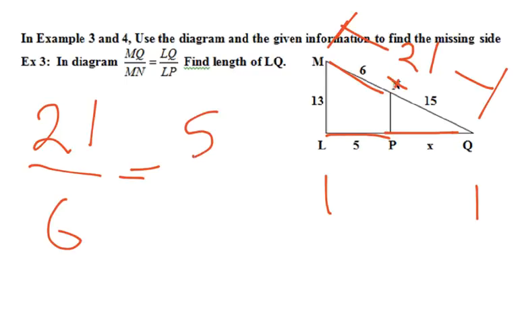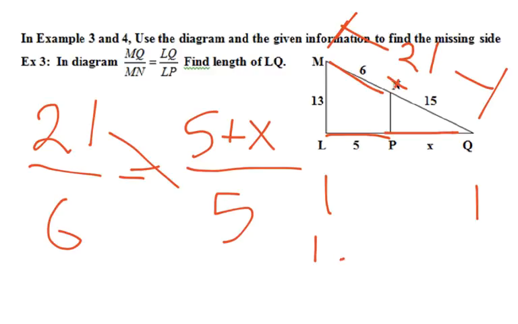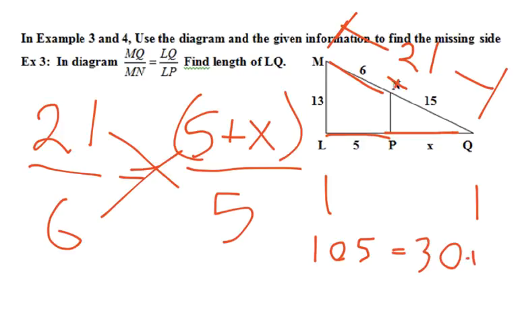So it's 5 plus x over LP, which is 5. Okay, so all I have to do is cross multiply. 21 times 5 is 105, and that equals 6 times 5, don't forget to distribute, 30 plus 6x. Okay, I'm going to subtract 30,